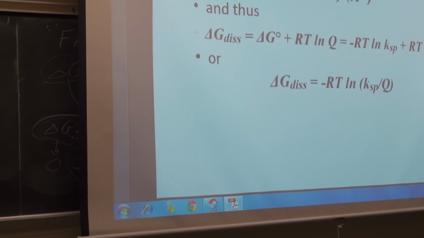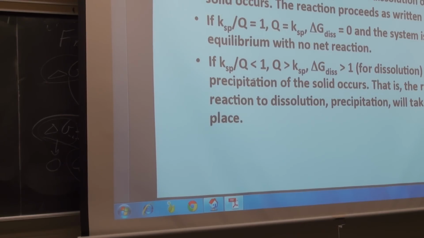And so delta G of dissociation, or delta G of the reaction, in this example, is delta G0 plus RT ln Q, and we can substitute in our different parameters. So delta G0 in this case is this expression right here. And so we can get delta G of dissociation as a function of the equilibrium constant and the Q. So this is how we can decide whether a reaction is going to go in the forward direction or in the reverse direction. So we talked about slide 9